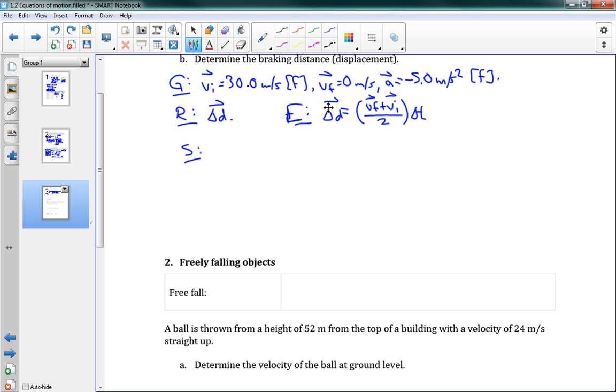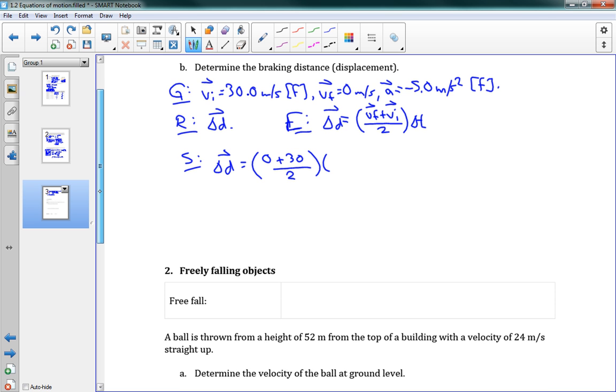So my solution is just the equation that I put above. I'm going to start filling in the blanks. So brackets, we've got 0 meters per second for Vf, Vi is 30, my 2 on the bottom, and then I multiply by the elapsed time, which was, oh, and I'm sorry,